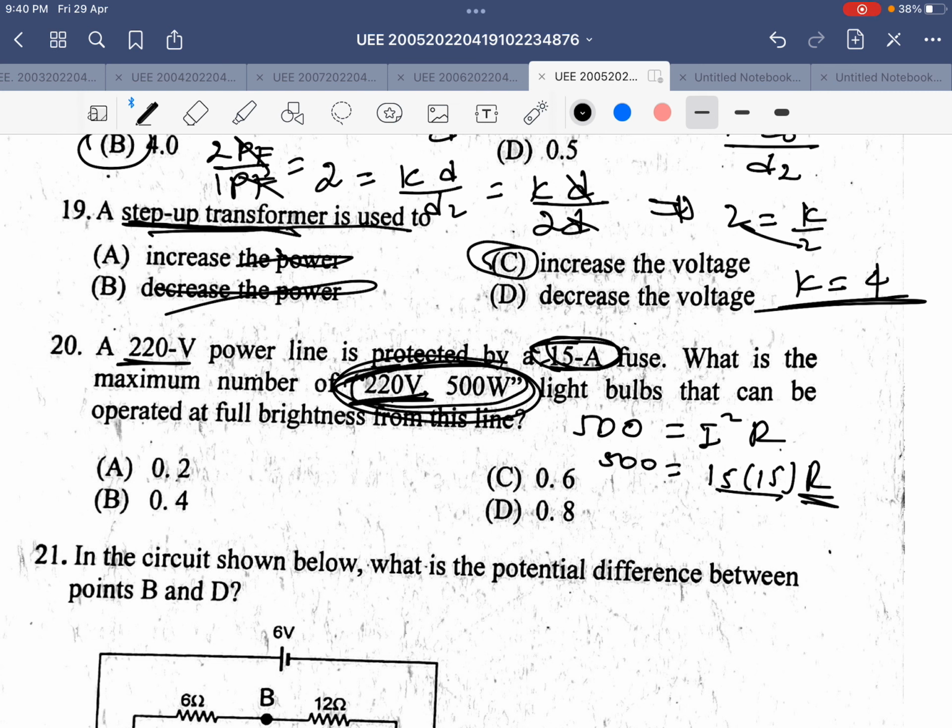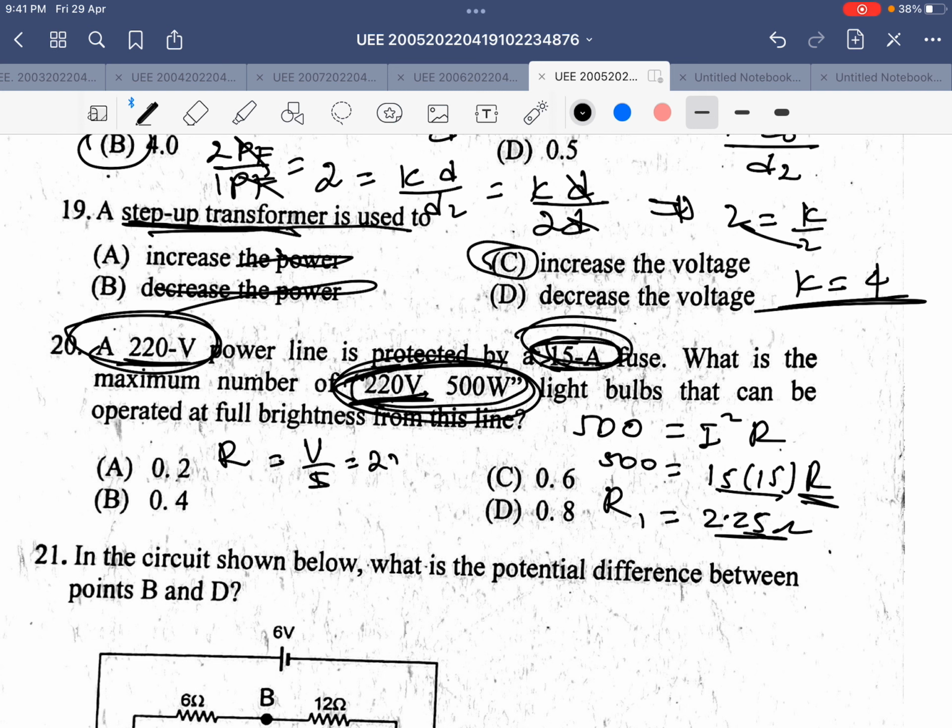225 ማለት ነው 15 በ15። ስለዚህ 500ን ለ225 ታካፍላላችሁ። 2.22 ይመጣል። ስለዚህ አር እቺ የአንዷ አምፖል ናት። 2.22 ohm ትመጣለች። እዚህ ጋር ደግሞ 220 ቮልት እና 15 አምፔር አለ። ስለዚህ ሬዚስታንስ ምን ያህል ይፈቅዳል? ሬዚስታንስ ኢኳል ቱ ቮልቴጅ ኦቨር ከረንት ብለን 220 ለ15፣ ይሄ ቶታል ሬዚስታንስ ነው ማለት ነው። 220 ሲካፈል ለ15 ይሄ 14.66 ይመጣል። አንዷ አምፖል 2.25 ናት።